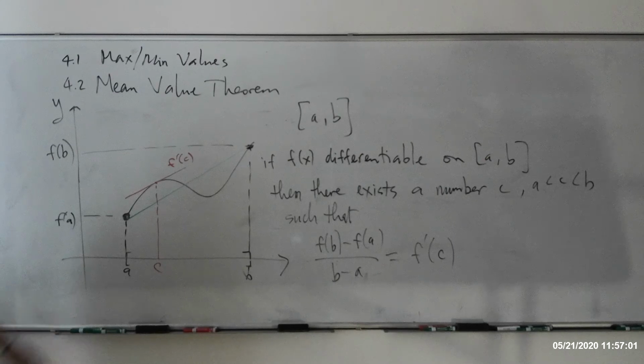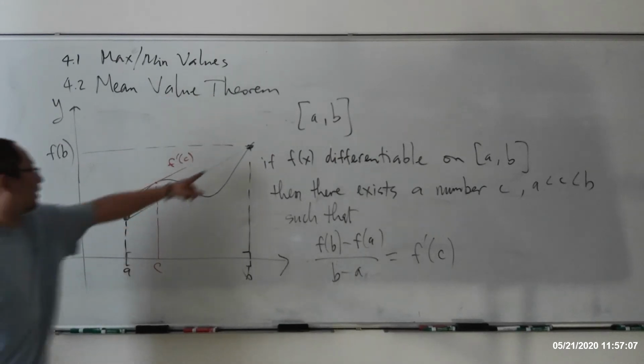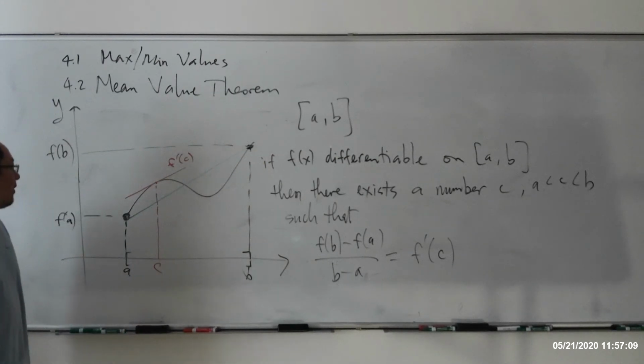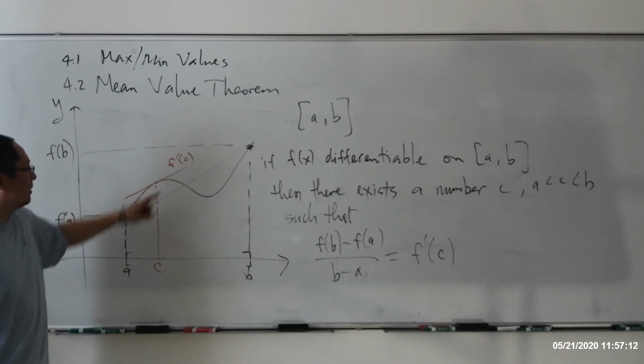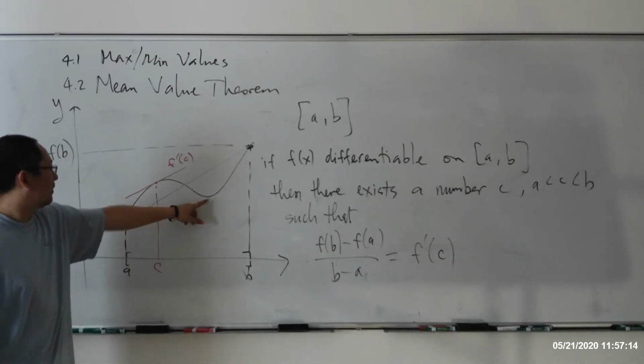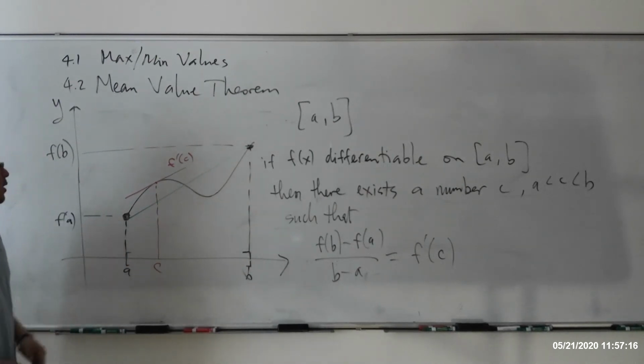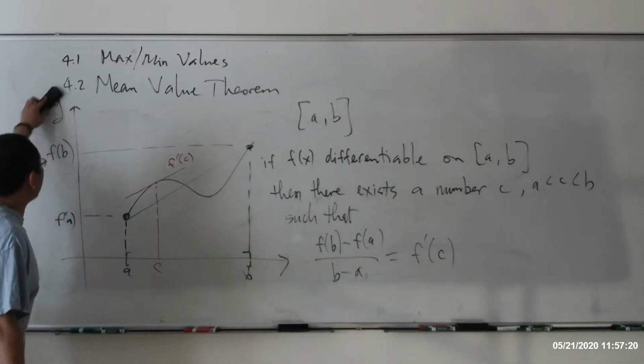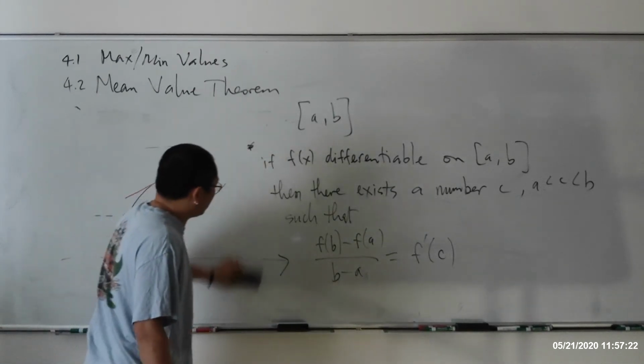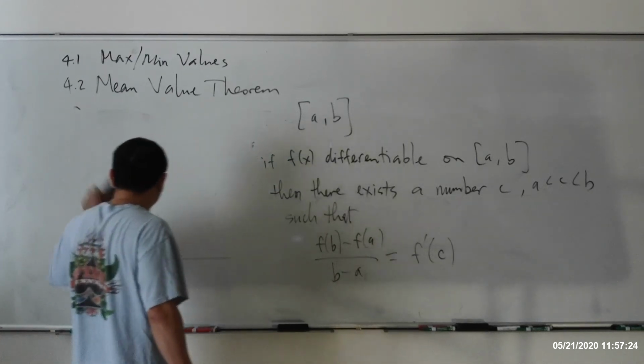You guys see in this graph right here, for sure it's going to have an absolute maximum. Where is it? Right there. You have a local maximum right there, a local minimum right there, and this is the absolute minimum. And just for this example, but in general, if you have a closed interval and a function continuous on a closed interval,